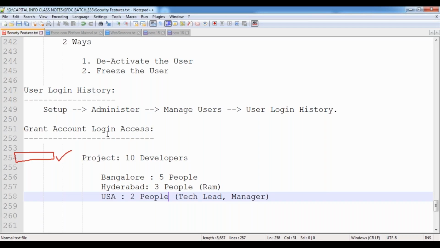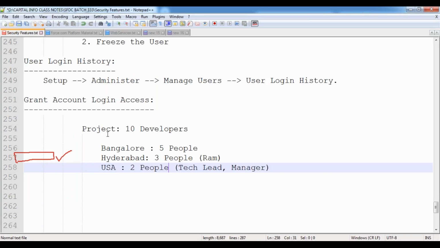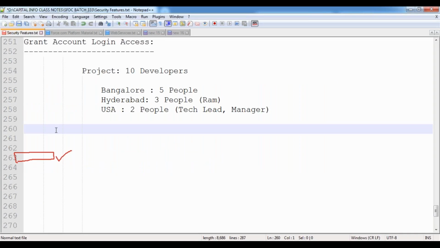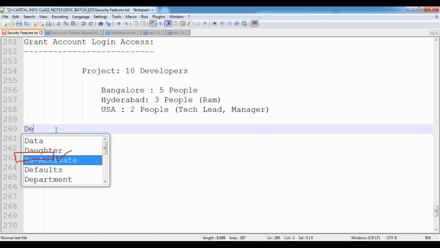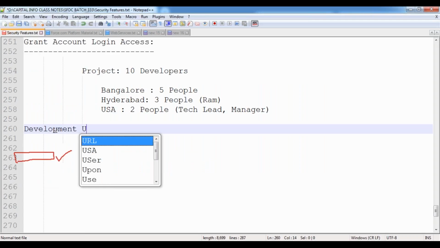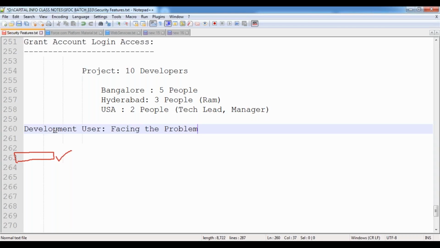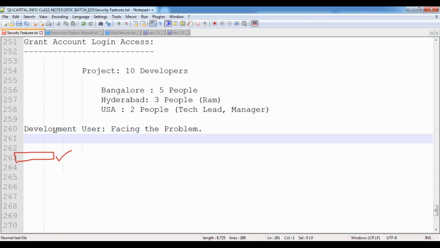For example, today the development user is facing some problem. So he would like to grant his account login access to the administrator.